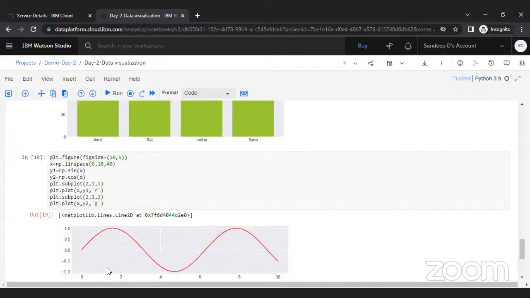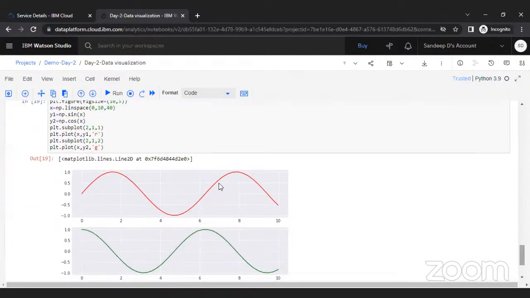So let us see the subplot. So here in the subplot, if you see the different values, I have given 2, 1, 1 and 2, 1, 2. What do these 2, 1, 1 and 2, 1, 2 stand for? 2 stands for rows, 1 stands for column, and this one is the first value and this is the second value. So I am taking 2 rows, 1 column, and in the first value I have this sine plot, and in the second value I have this